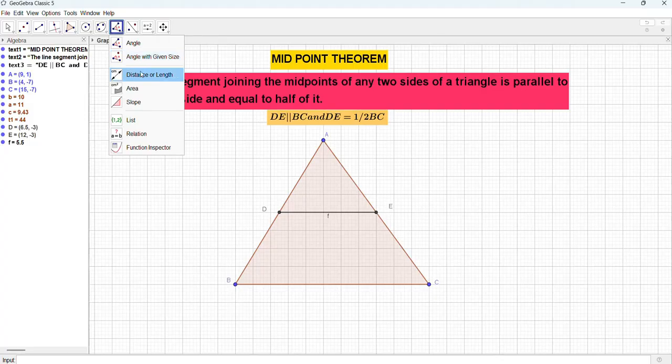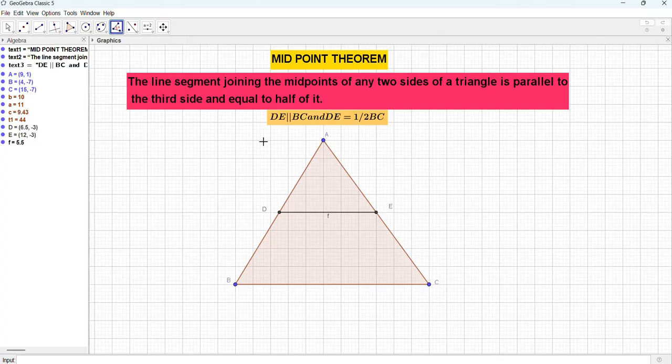So let's measure this. Let's measure the first angle EDA. When I measure it, the measure is 57.99. Now I am going to measure the other angle, which is CBA, and here also I am getting 57.99. It means my corresponding angles are equal. Now if corresponding angles are equal, then DE will be parallel to BC. So the first part of the proof is done.